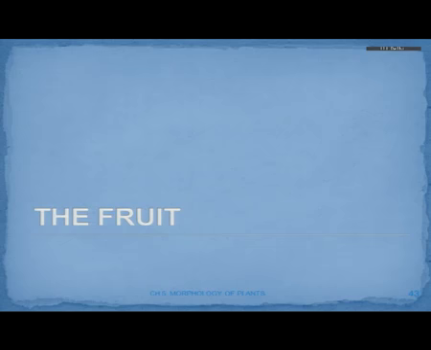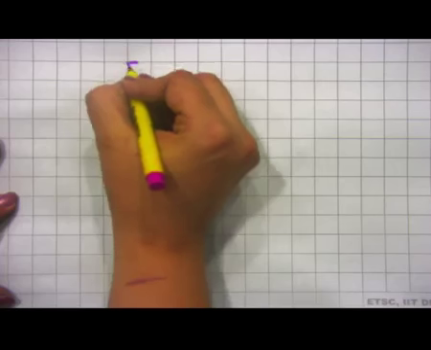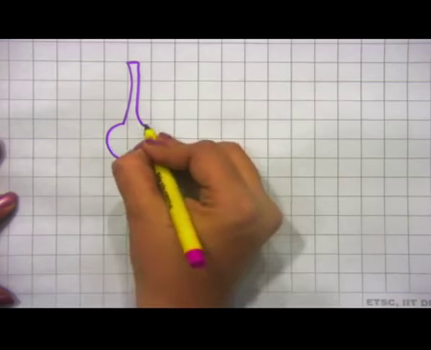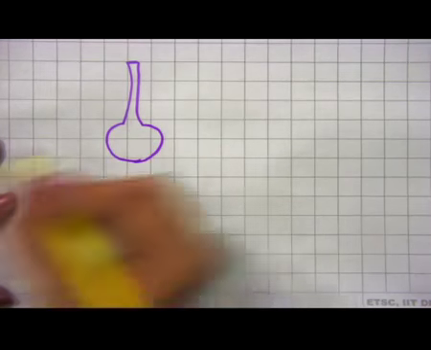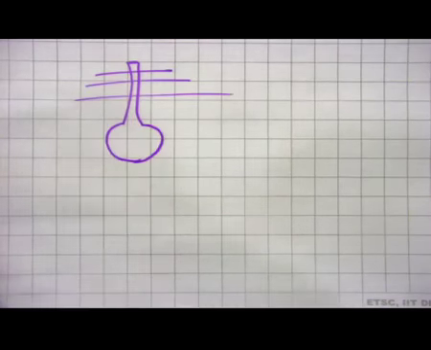Let us move on. The next topic that we have to cover is the fruit. Now, when the fertilization takes place, the ovary develops into the fruit. Sometimes ovary develops into the fruit even without fertilization. Such fruits do not bear seeds and they are called parthenocarpic fruits, but we are talking about the fruits that bear seed. So, if this was the carpel with the style, stigma and a swollen ovary, what will happen when the fertilization has taken place? These parts will wither away, okay,